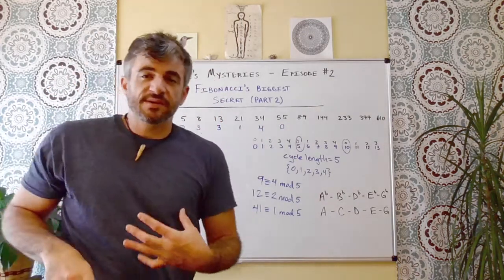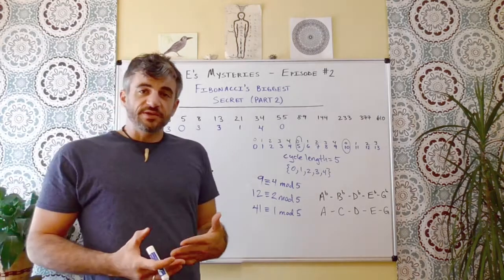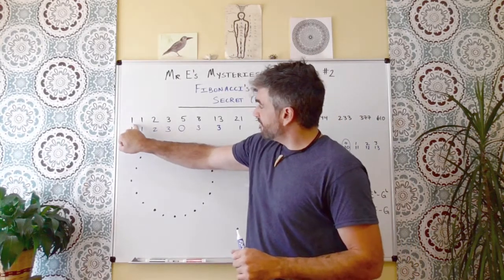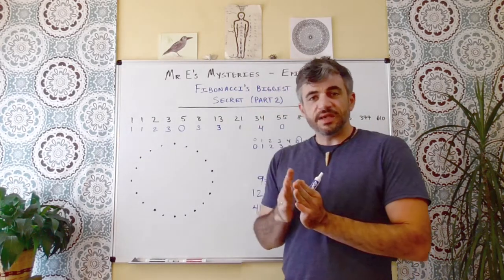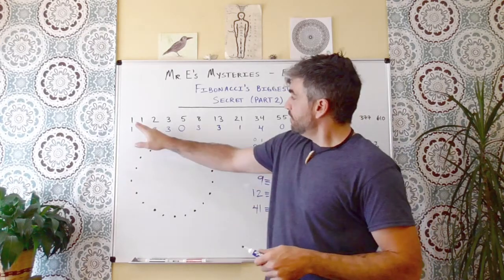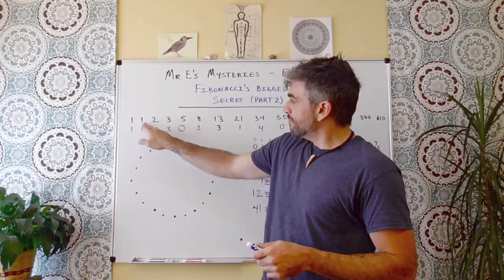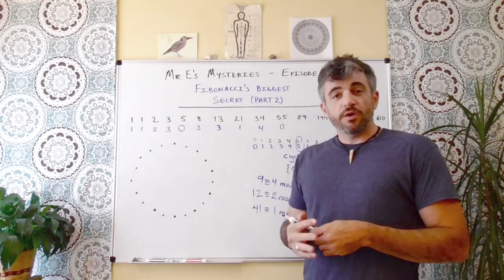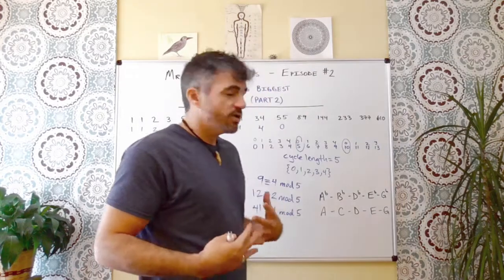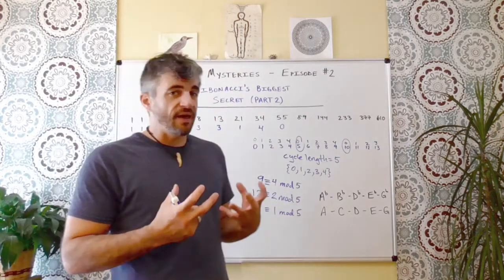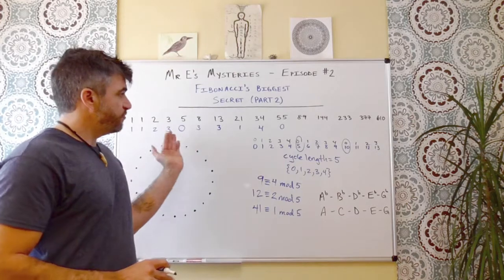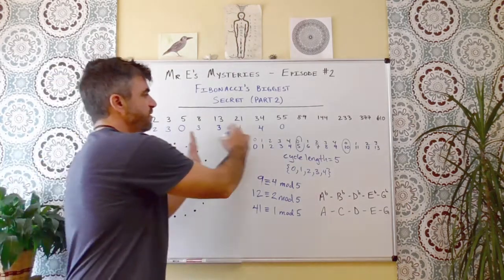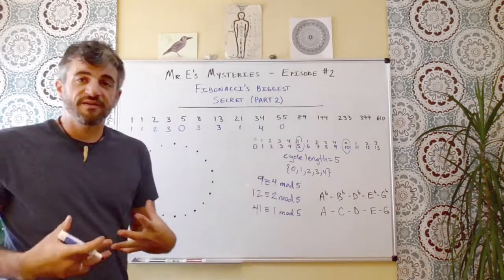Now I can stop there because I already know the recursive definition of the Fibonacci sequence. The recursive definition says that we start with the first two terms, we sum them together to get the next term of the sequence. So 1 plus 1 is 2, 1 plus 2 is 3, 2 plus 3 is 5, and so on. However, if you recall in episode 1, we showed that the recursive definition holds in the mod math lens. So we can actually go ahead and return to the Fibonacci sequence with the recursive definition using what we have already with the mod 5 reduction.